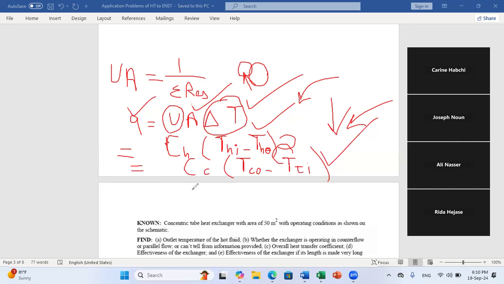And of course, to get the effectiveness, all we have to do is divide the actual heat exchange by the maximum possible heat exchange, which is C minimum times the maximum possible delta T, which is T hot in minus T cold in. In this way, we can calculate the effectiveness of our heat exchanger, and also the overall heat transfer coefficient U. And we can do a parametric study. What are the parameters that should be varied? For example, if we want to increase the effectiveness, how this will